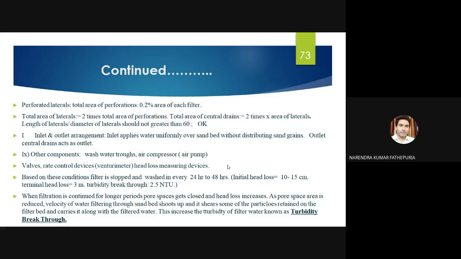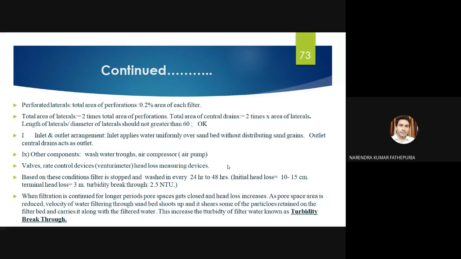Standard design parameters: the total area of the central drainage should be 2 times the area of the laterals. The length of the laterals divided by the diameter of the laterals should not be greater than 60. If it is like this, your design is okay. If it is not like this, these design parameters are given in the water supply and treatment manuals,